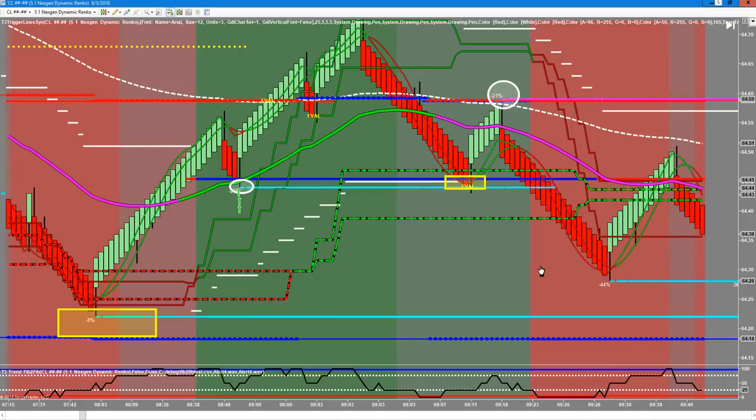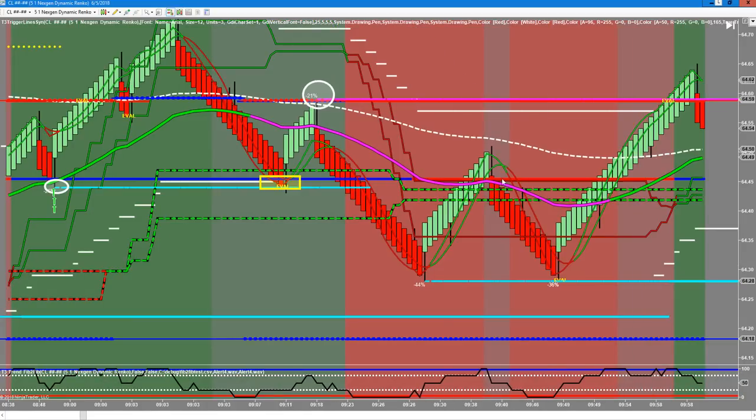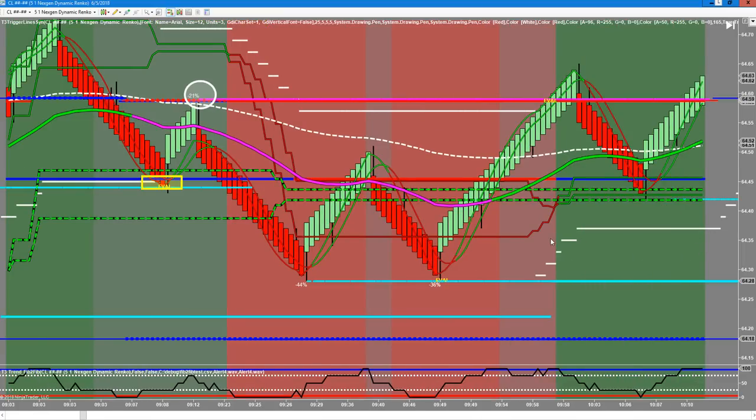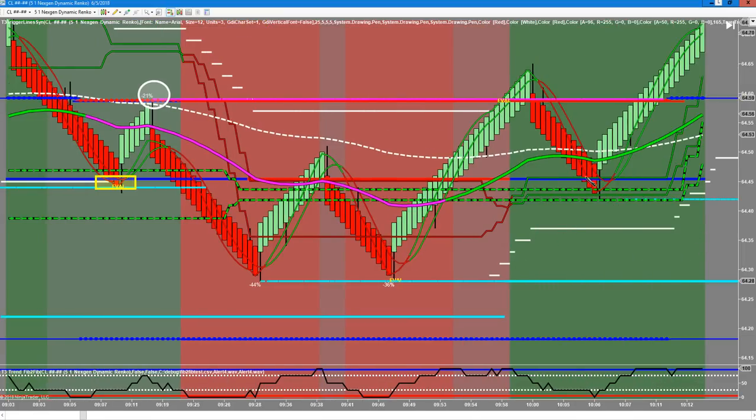See what I'm talking about? You could, but it didn't go all the way. We want both to be crossed in our favor. When both triggers and fibs and mid bands, and I spent a lot of time with this with Ed yesterday,